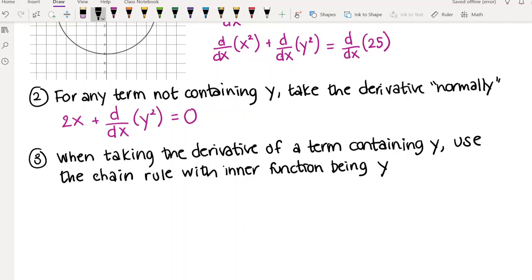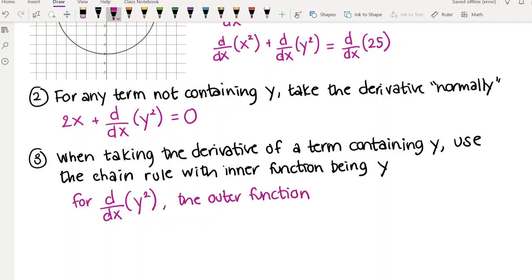So basically the idea is that when you have something like y squared, you're doing something to y, right? You can think of that as the outside function. So in this case, if the function we're looking at is y squared, the outside function is the squaring part, right? So let's write that down here. For d/dx of y squared, the outer function,